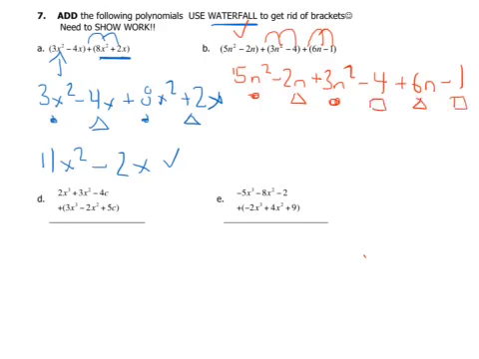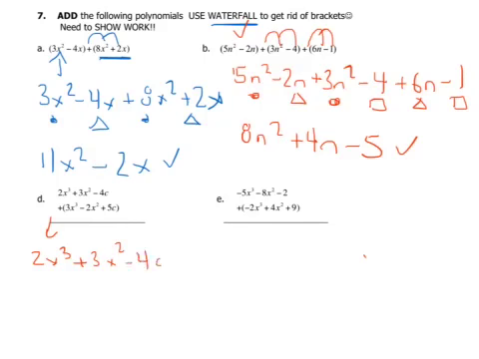So the circles would turn into 8n squared. The triangles would be positive 4n. The numbers or the squares would just be negative 5. Done. Okay, the next one, I recommend to rewrite this out as 2x cubed plus 3x squared minus 4x plus